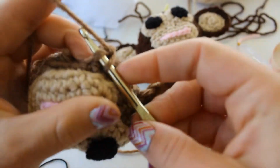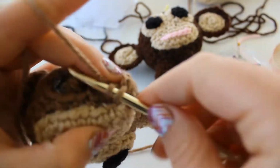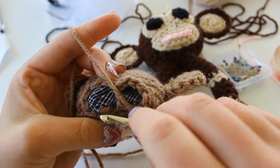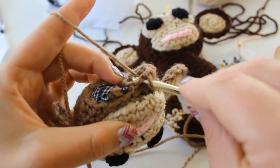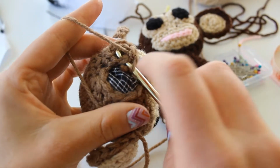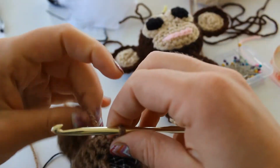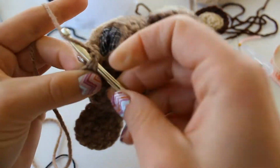Okay, so it's a little tricky at the beginning, but you get the hang of it. And you should have, let's see, we should have 7 stitches. So 2, 4, 5, 6, and then that chain 1, we're gonna loop right through it just like this. And we're gonna make that into a stitch as well. So there's that. Okay, and what you're going to do is just keep going around,